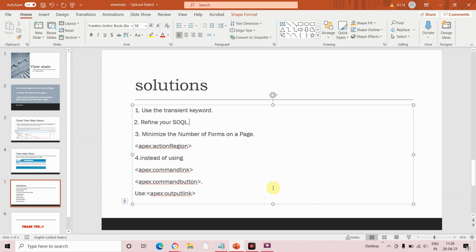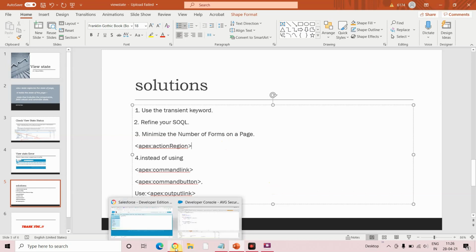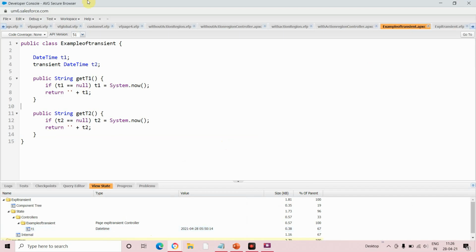Next one, minimizing the number of forms on a page. This is an important one. Here there might be situations where in one Visualforce page we will be using two or more forms like this.